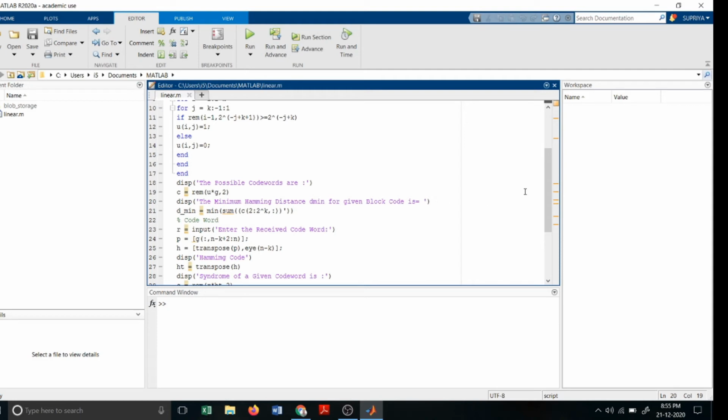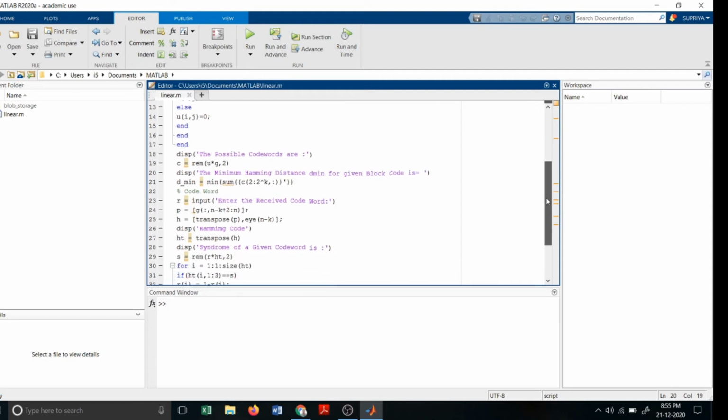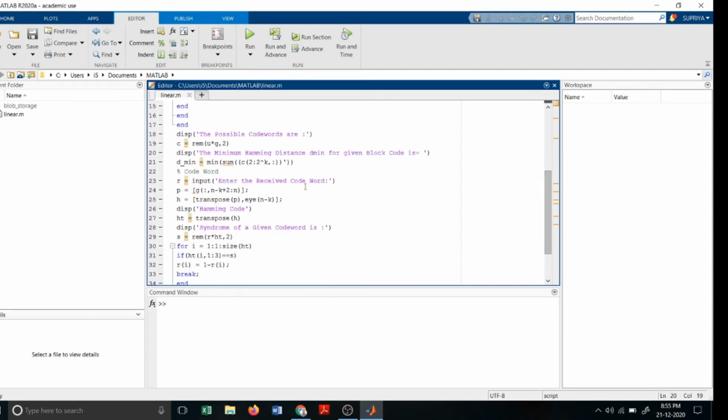Then after finding the Hamming distance of the block code, we are going to give the received code word. That is, we have to give the received code word as an input. So here we are going to find the transpose of the matrix. Why we calculate the transpose of the matrix is that we have to find the syndrome check.